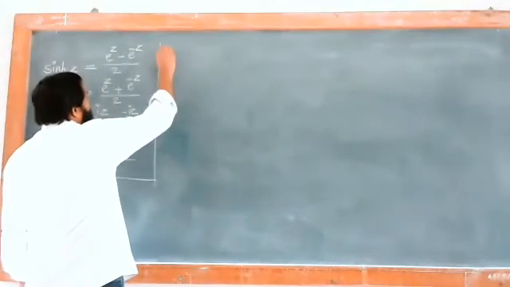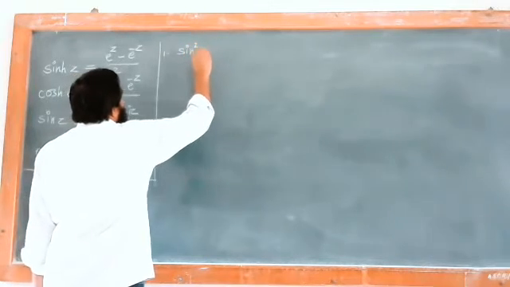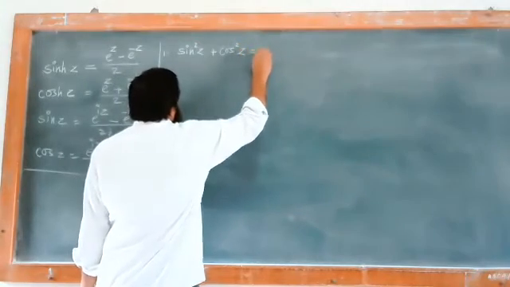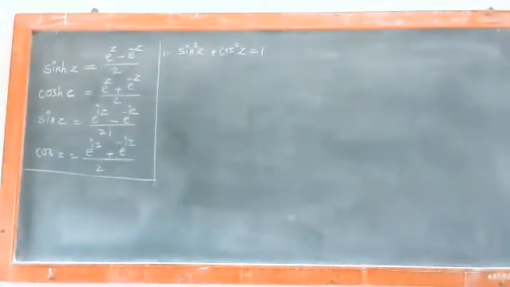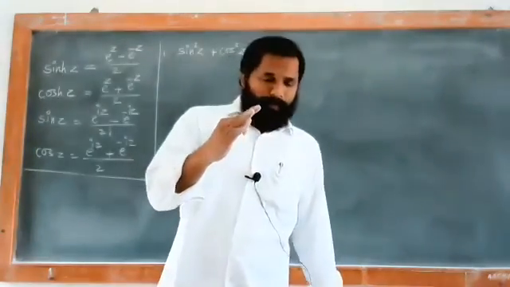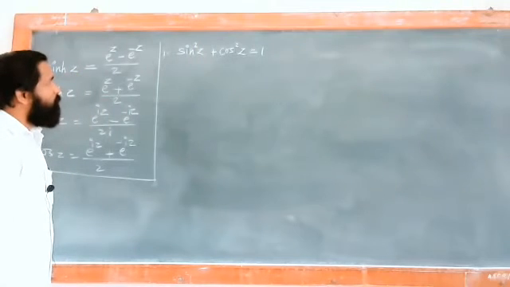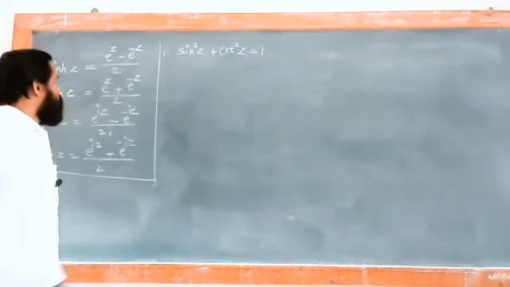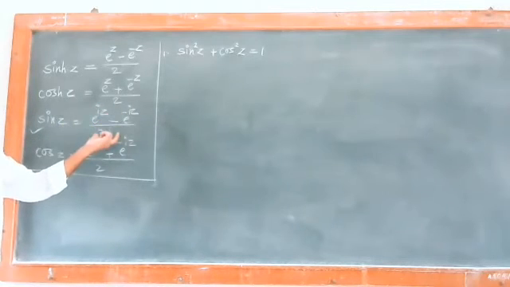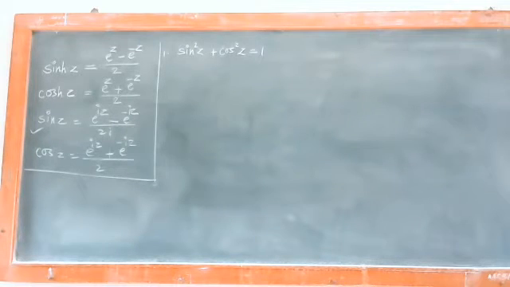So the first identity is we have to show this, that is sin square z plus cos square z is equal to 1. Okay. We have to prove it in terms of your complex number. So we have this symbol z. What is sin z? We have sin z is equal to e raised to iz minus e raised to minus iz upon twice i, and cos of z is equal to e raised to iz plus e raised to minus iz upon 2.